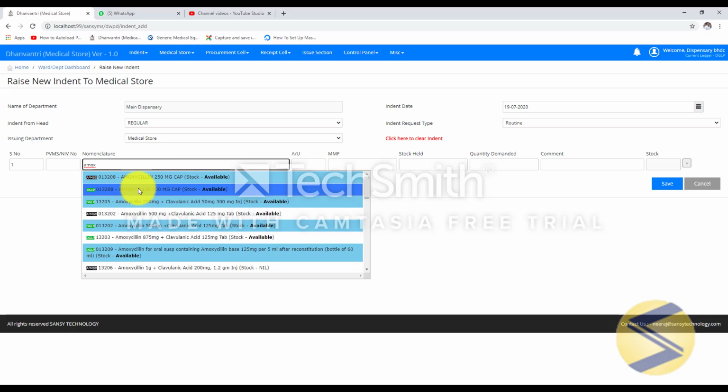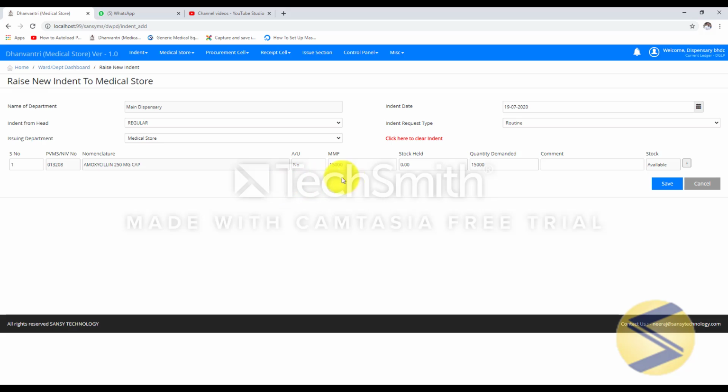So I'll choose one. And system also help you in deciding your MMF and quantity demanded. So you do not need to enter anything manually. You just need to choose a right nomenclature and rest of the job will be done by system.